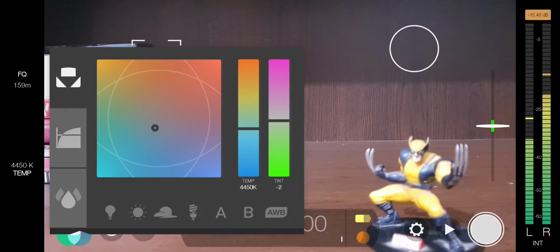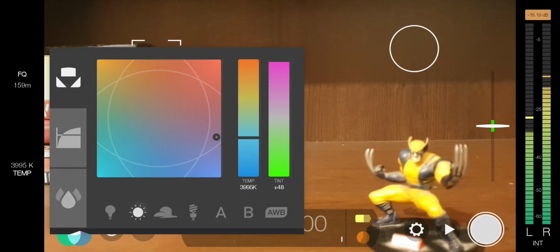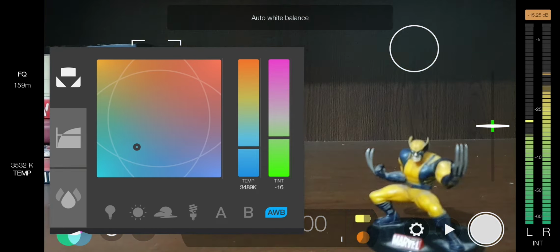So you can see there are also some white balance options. Here is the automatic white balance. If you like the automatic white balance and do not want to change it, then tap it again and it will lock, which again turns red. If you want another type of white balance, there is tungsten, cloudy, sunny, various types of options. So I am going to the automatic white balance.